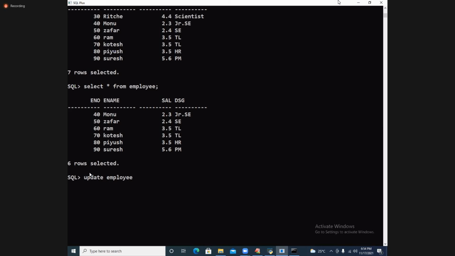update employee set. Set is one more new keyword. Update is a keyword. Employee is a table name. Set, which one do you want to set? Sal equal to 5.6, comma, DSG.